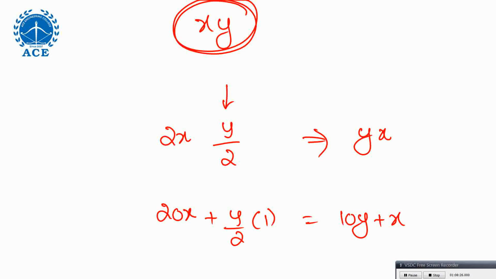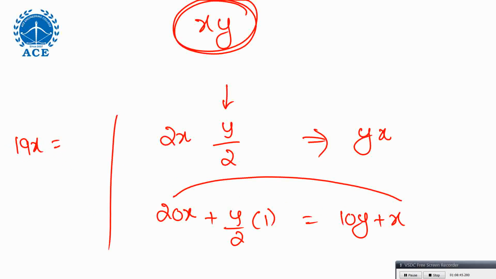X is the tens place, so 10x is the value. Now double means that place will be 20x. Previously the units place value is y. Now I have to halve it, meaning y by 2. That addition should give yx for me, reversing, interchanging. Now you bring the relationship: 20x and x, the difference is